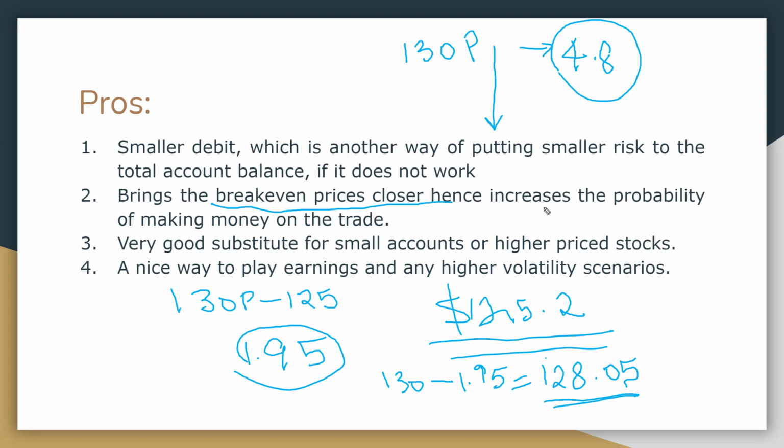We just looked at SPX puts for 5th February, which means I'm expecting the move in 5 days. For a move of 200 points below, I had to pay $21, which means 21 times 100, about $2,100 for a 200 point move for only 5 days on SPX. Since SPX is an entire index and so big, you can use debit spreads, so you're using less capital. So that is one thing. Let's look at the next part.